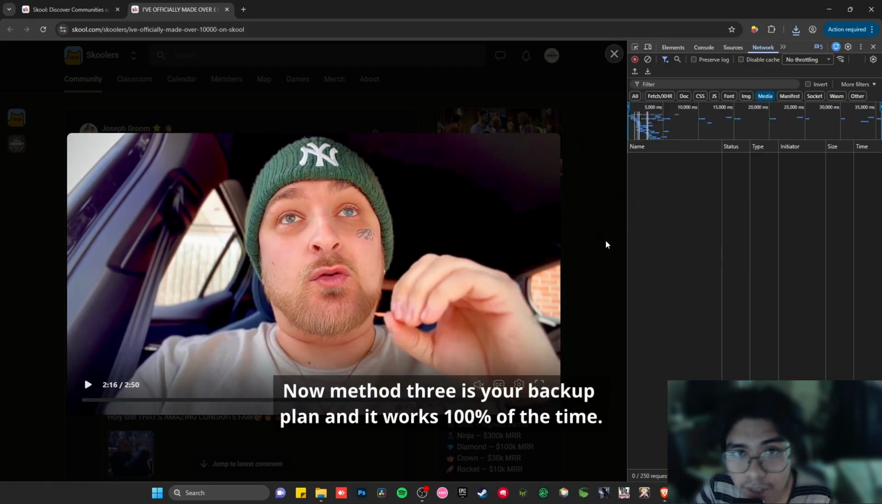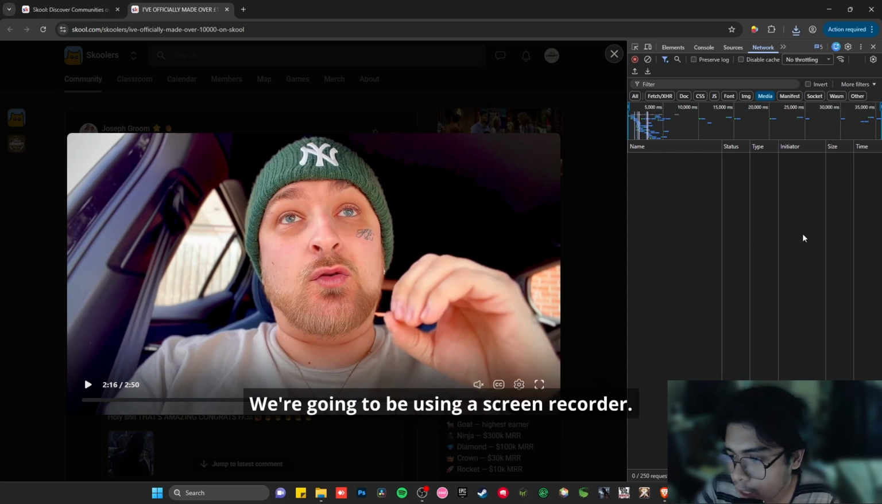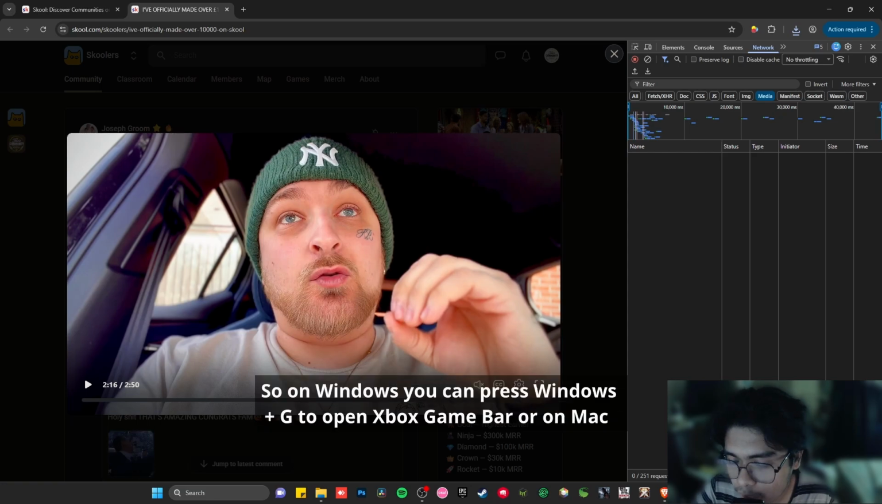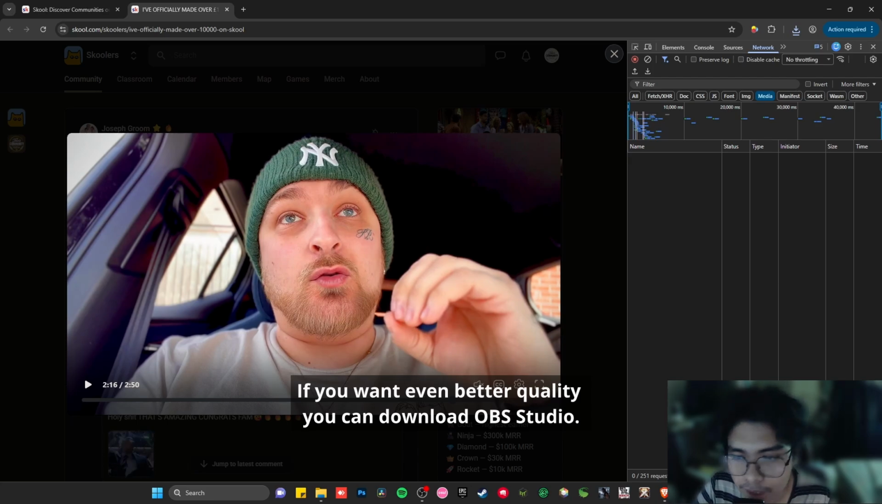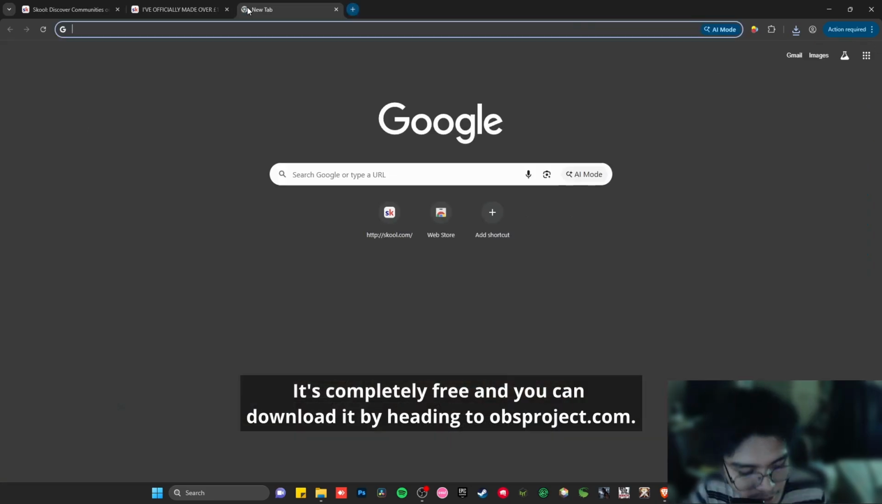Now, method 3 is your backup plan, and it works 100% of the time. We're going to be using a screen recorder. So on Windows, you can press Windows plus G to open Xbox Game Bar, or on Mac, you can press Command Shift 5 to pull up QuickTime screen recording. If you want even better quality, you can download OBS Studio. It's completely free, and you can download it by heading to